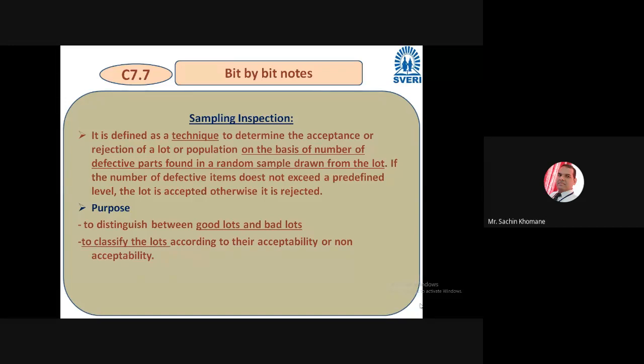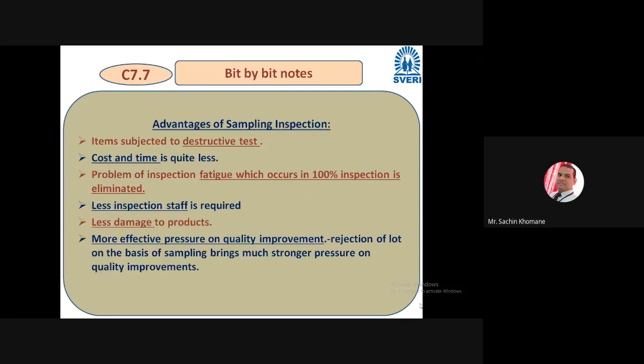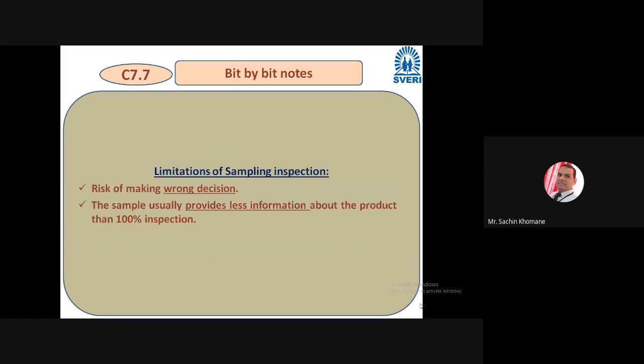Most of the time it is very difficult to check the quality of 100% components because components are more. So to just check whether the lot is good or bad, for that purpose this sampling inspection is important, that we have seen. We have seen various advantages of sampling inspection also. Most of the time when destructive testing is necessary to check the component, you cannot make the destruction of all the components, right? So at the time of that, sampling inspection is required.